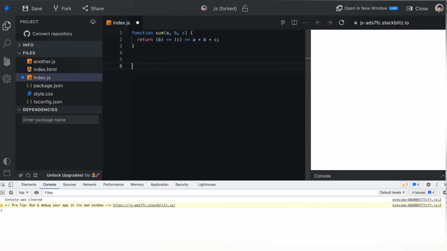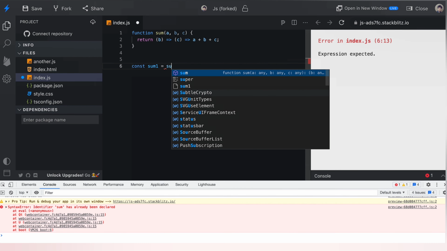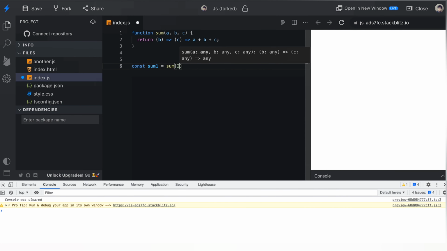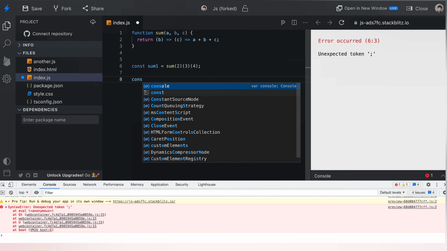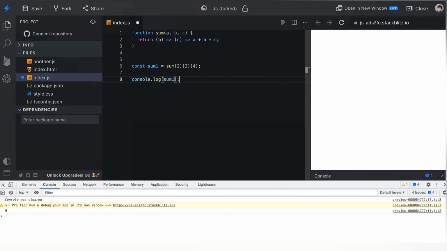Okay, so let me show you. Suppose that we have sum(1)(2)(3)(4). Okay, so whenever we console this, you can see that we get the result 9.